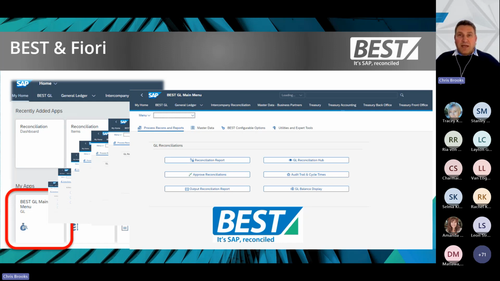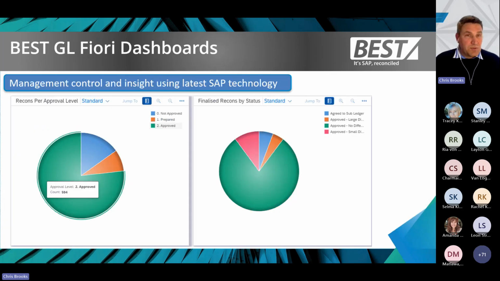And over and above that, we're creating these GL Fiori dashboards, where at any point in time you can see key reports and information represented quite nicely graphically like this, and you can click on different segments within the charts to drill down into the information. It's quite a nice way of representing this data differently to the standard ALV type reporting that we're used to.